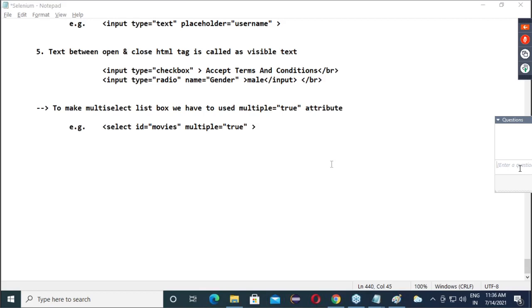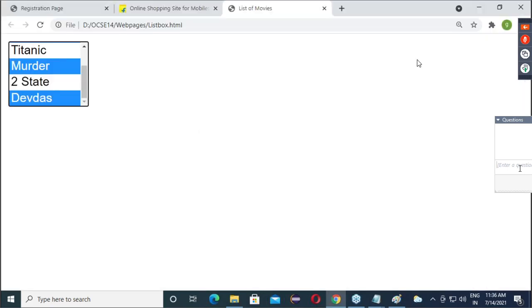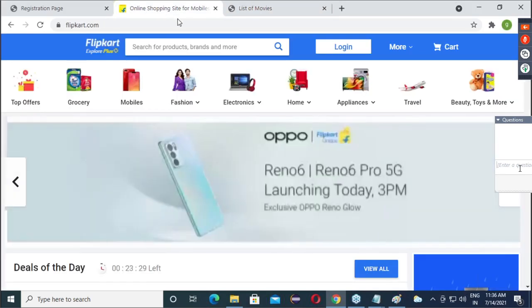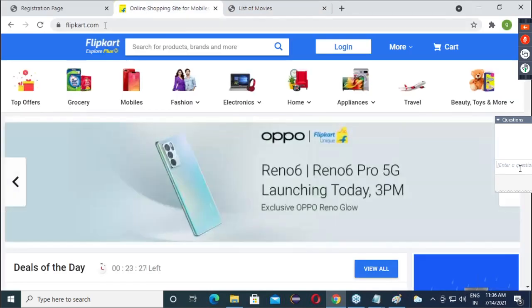Now, links means what, guys? After clicking on that particular thing, we will be redirected to some other page. Am I clear? So let's assume this is Flipkart.